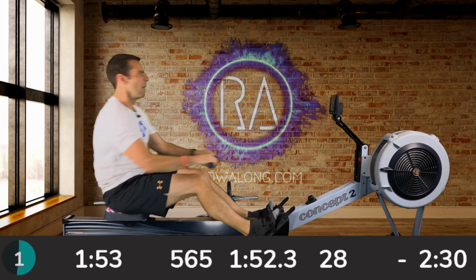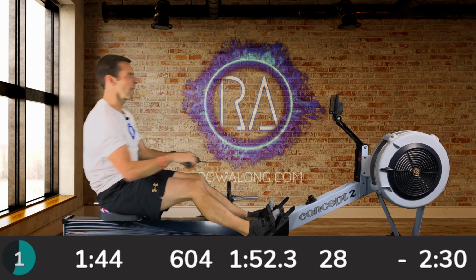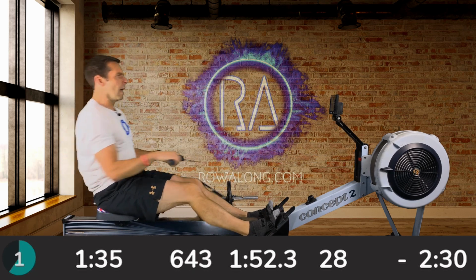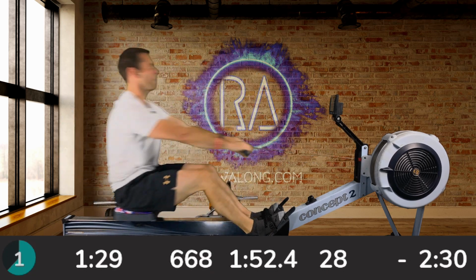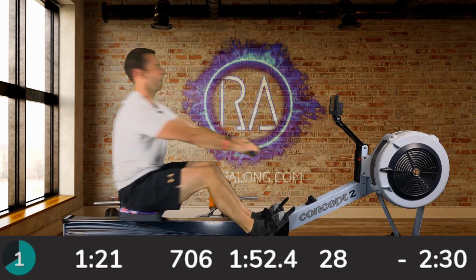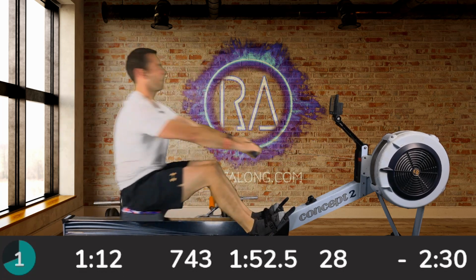Of course, there'll be reasons why you can't hit the stroke rate. Number one is going to be your body angle at the back of the stroke, or at least your body position. You want to be a nice, powerful back without a crumpled lower back,